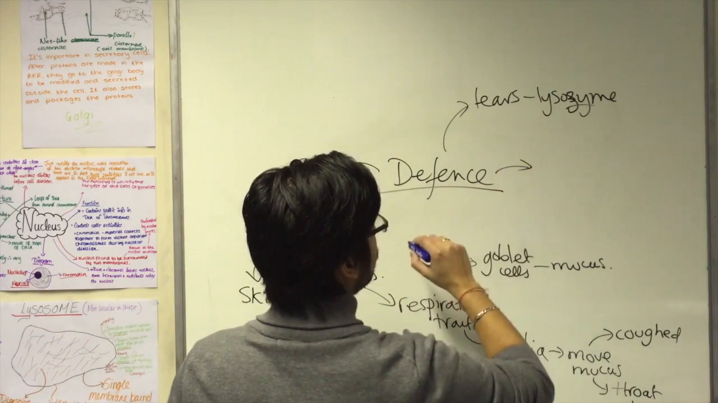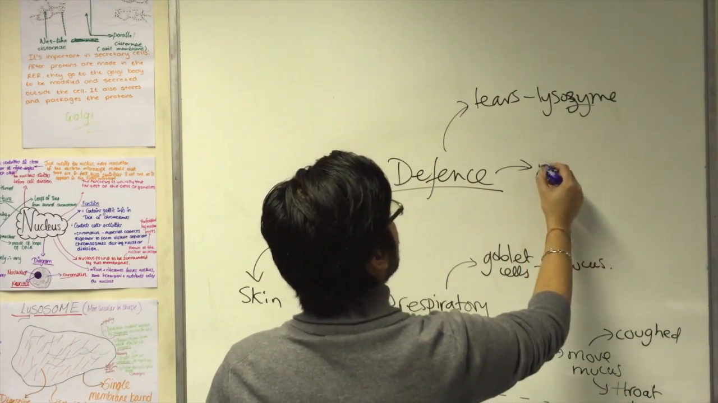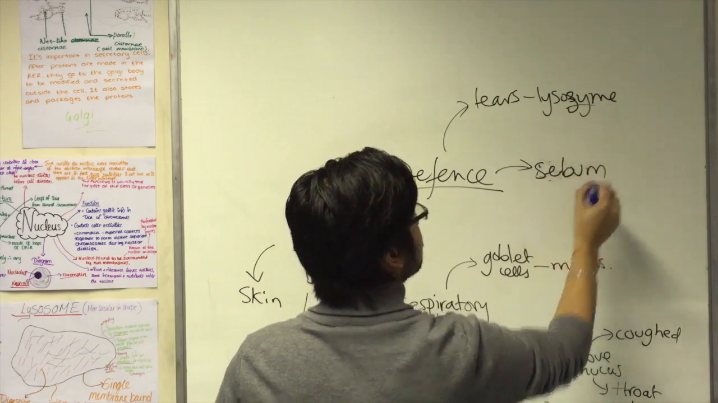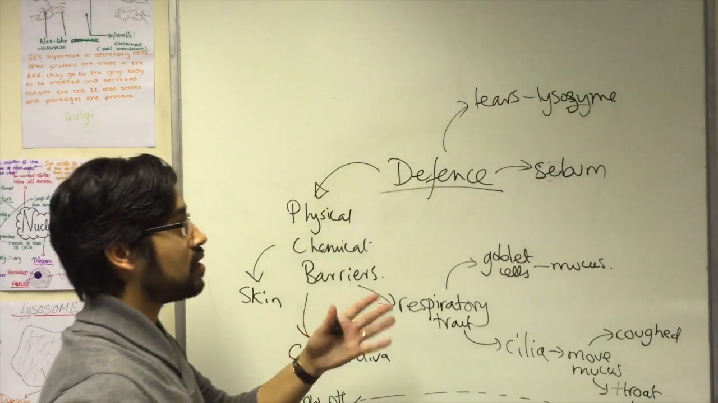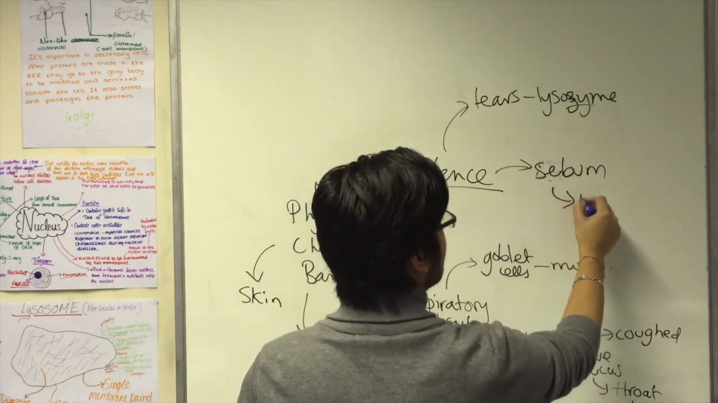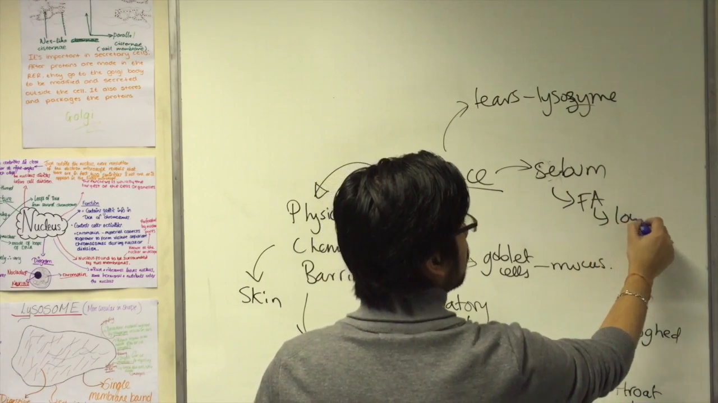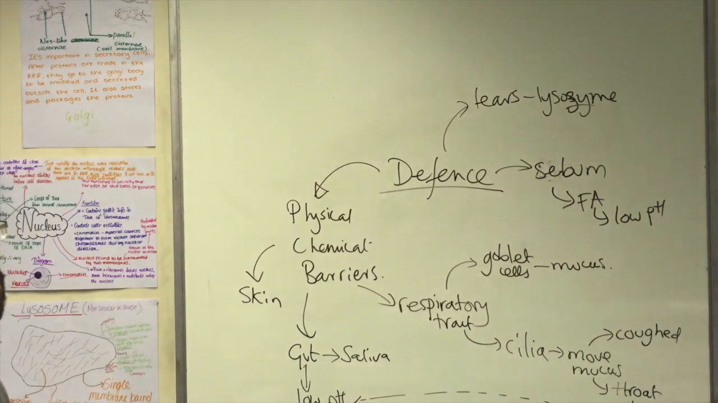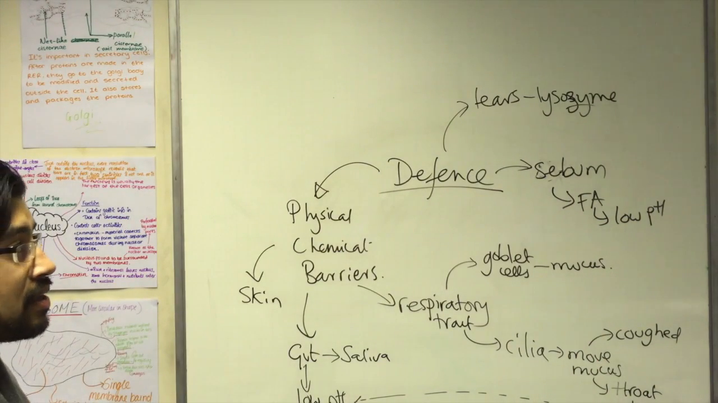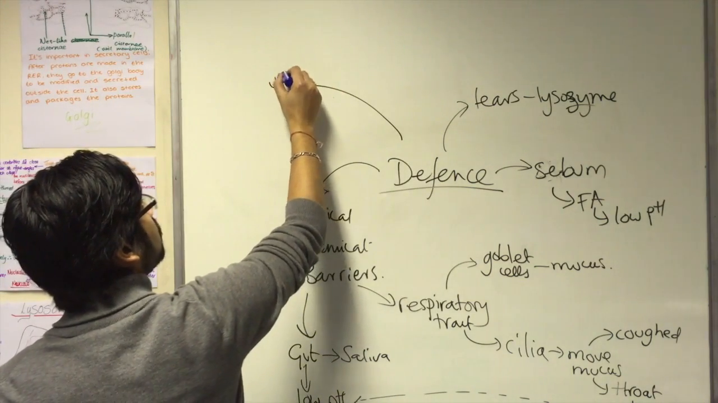There's also your sebum, which is the kind of oily substance secreted on your skin. That contains fatty acids, and they also provide a low pH environment for any microorganisms that could be on your skin. Okay? You also have the urinary tract